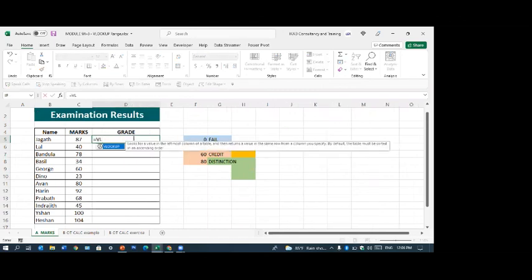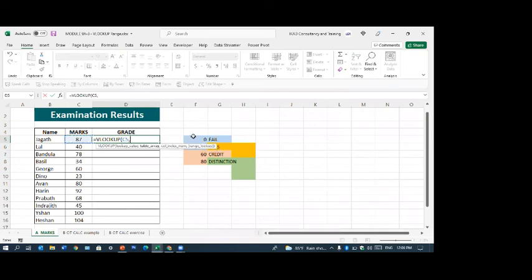Equal VLOOKUP. Lookup value is this, the marks, that is what I want to take there. Why we use a range lookup is there is nothing called 87 in this. It's between a range. What is the range? Between 80 and above. So it will give distinction. That is why we need the VLOOKUP. I'll tell you where we can use this.